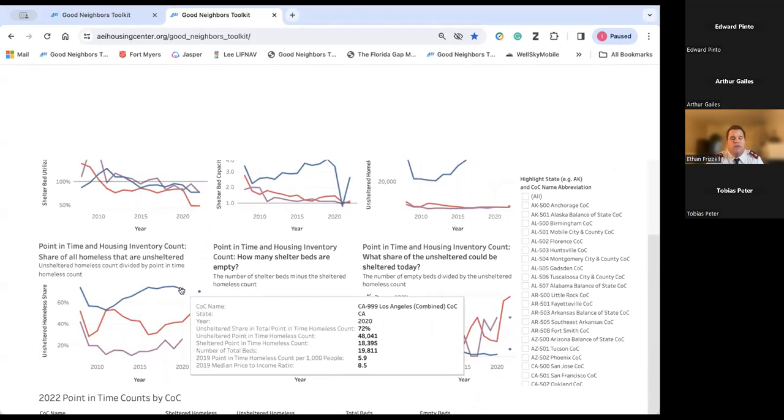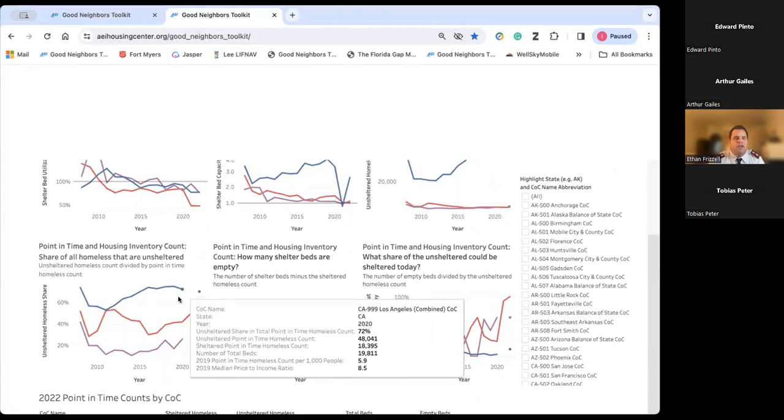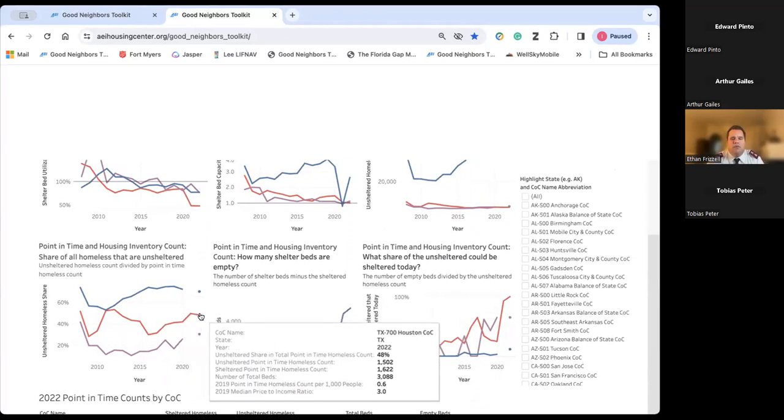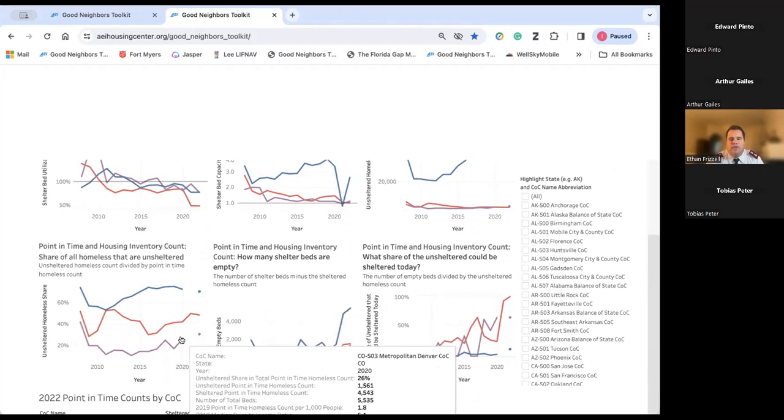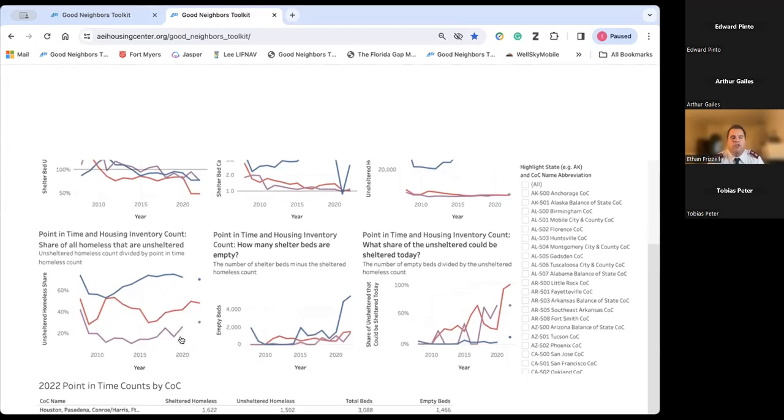72% of those counted were unsheltered at that time. If we look in Houston, it was 48%. And in Denver, it was 26%. What's interesting in that, and some of you would say it's what shelters are available, sometimes it's weather, sometimes it's a combination of those. But what I would encourage is for those people who have low shelter attendance, which is high shelter vacancy, is looking at the